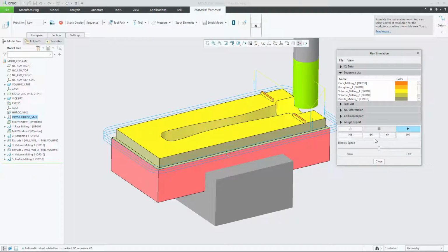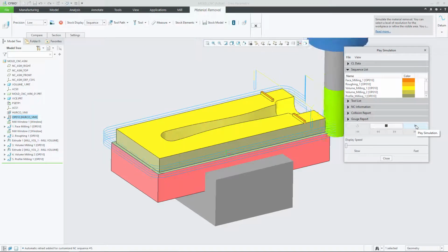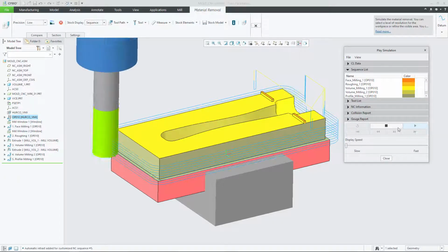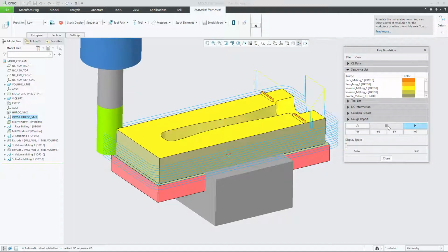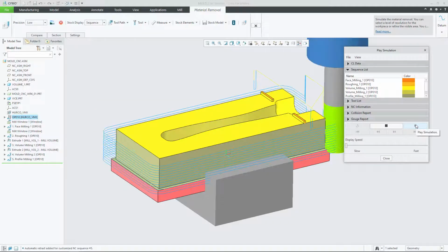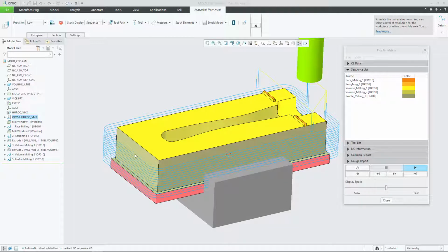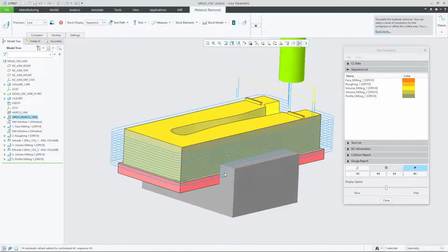There it is. So I've just paused it by clicking on the stop button, and what I'm going to do is reduce the speed down because I want to watch what is happening on this sequence specifically. So it's taking slices from the part, it's stepping down, and then if I can just catch it at the right point, so it appears as if it's passed straight through the vise there,